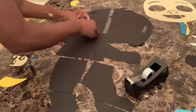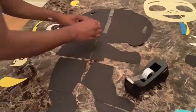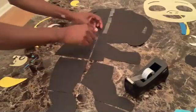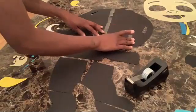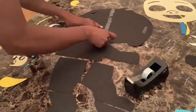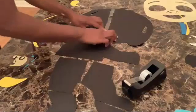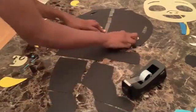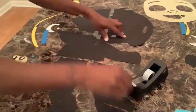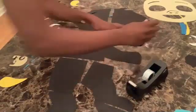And it's basically gonna be like putting a puzzle together, as I mentioned in the other video. The object is to just make sure all of your pieces are flushed together, and just tape along those seams. And definitely don't be afraid to use some tape,